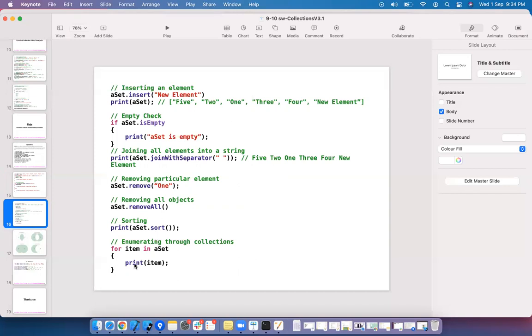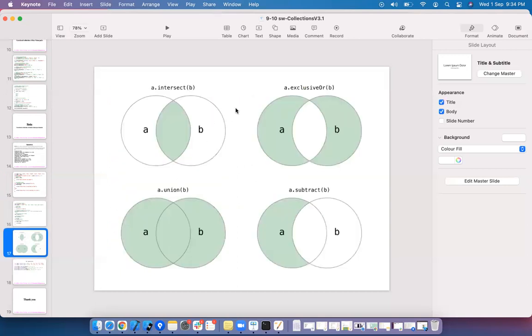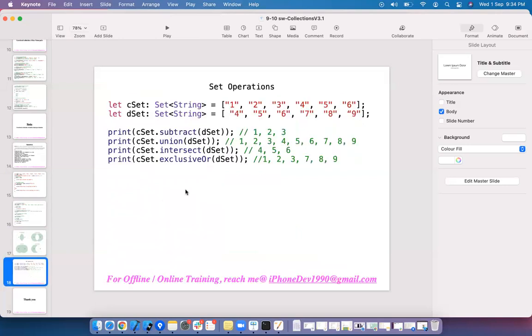You can use the sort and forEach loop to iterate through the collection, that is the set, and the set operations. Intersection means if there are two sets, intersection is the common elements. Exclusive OR means not similar elements; basically it gives you the unique elements, which removes the common elements. Here union is A plus B, subtraction is A minus B. These are the 4 different operations we perform, but in real time we don't use all these things. Most of the time we use arrays and dictionaries only. Strings as usual. These are the operations here.